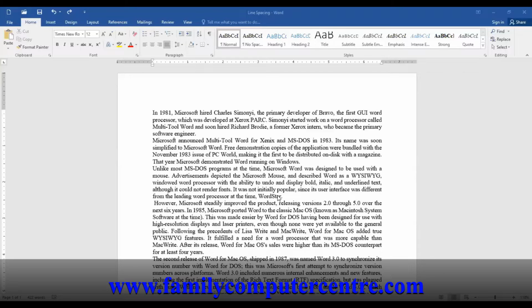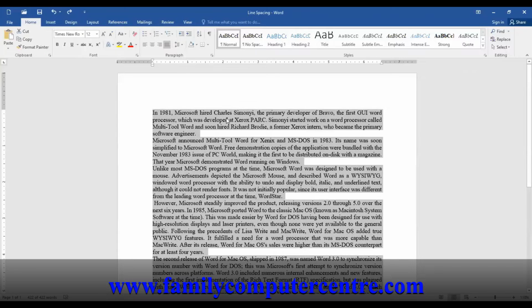To apply a line spacing, first we need to highlight. Since I am planning here for the whole paragraph in my document, I just press Control A to highlight the entire document. Then the line spacing is available inside your Home tab, Paragraph group. Here is the line spacing button. I can see options like 1.15,